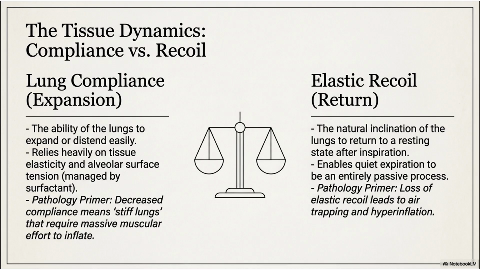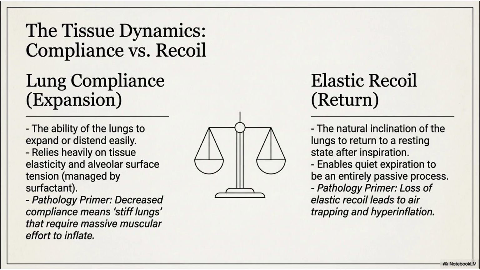First, it's important to understand the two opposing tissue dynamics. Lung compliance is the ability of the lungs to expand easily. Stiff lungs with decreased compliance require a massive muscular effort to inflate. Your lungs have to inflate and recoil. Elastic recoil is the natural inclination of the lungs to return to a resting state. A loss of recoil, common in certain pathologies, leads to dangerous air trapping and hyperinflation. So you want the lungs to expand and recoil in order for air to go in and out and gas